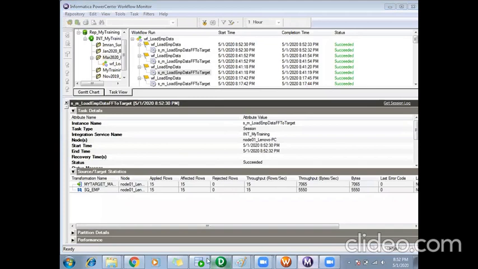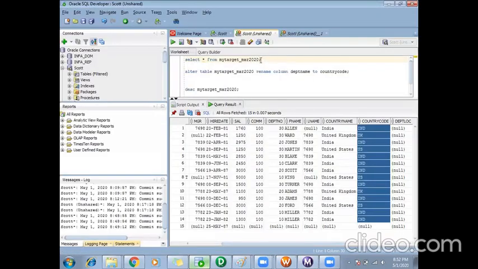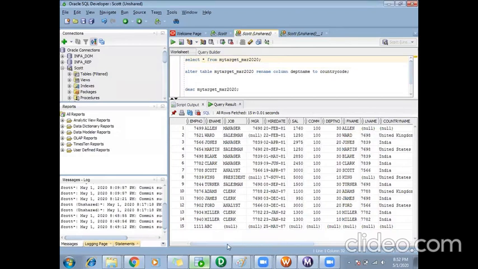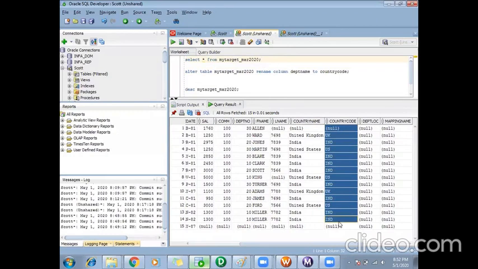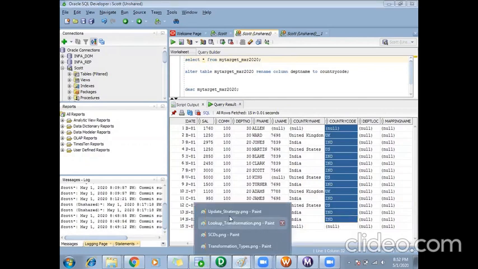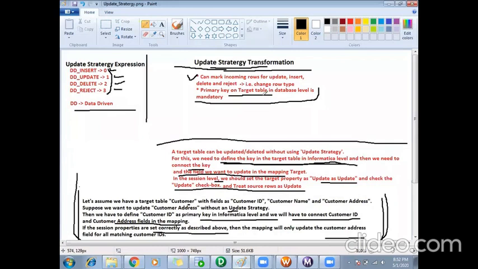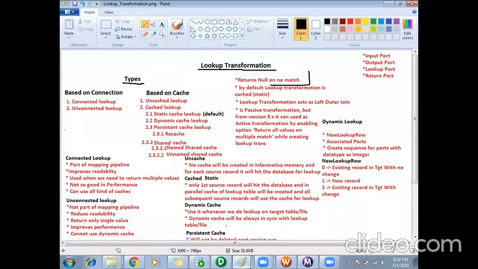It is completed. If I go and check my target now, it has loaded me the country codes. How did it get the country codes? By doing the lookup on the country code table. Now, coming back to our image,